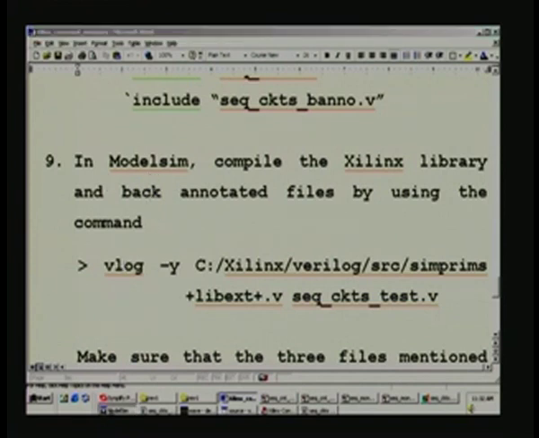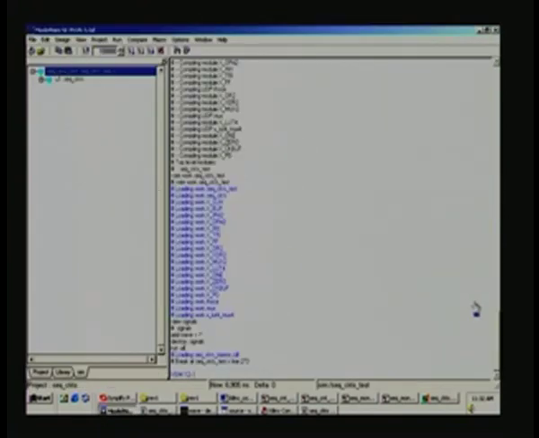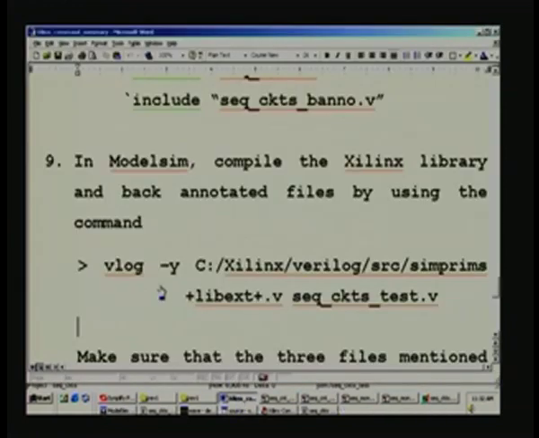if ModelSim is, I think it is already open here, and so we have to key in the command here, and that has also been done earlier. I will just show the command that we have to give is vlog, the command version. This is the prompt, it is like a Unix prompt, inside the ModelSim window, and vlog is the one which works as a compiler,